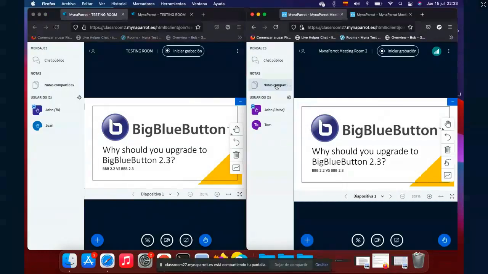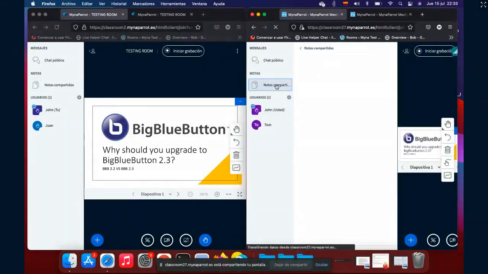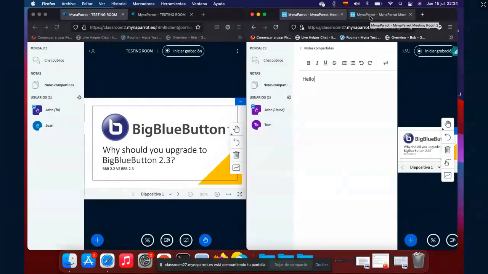Once you click shared notes, okay, what I'm trying to show you is, if I'm writing something, another thing I'm trying to share with you is that the shared notes will indicate which user is writing on it.